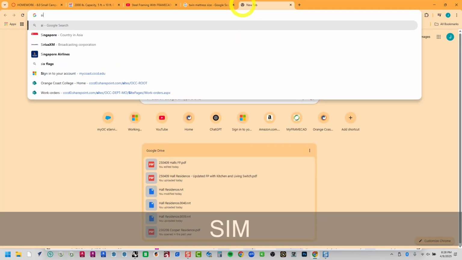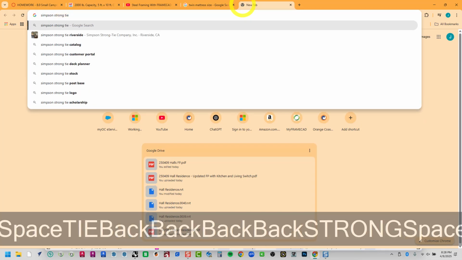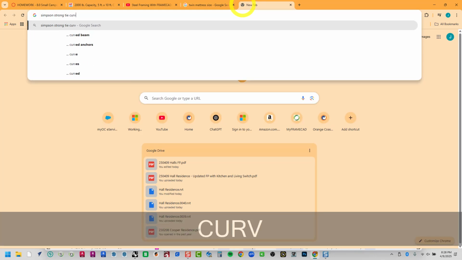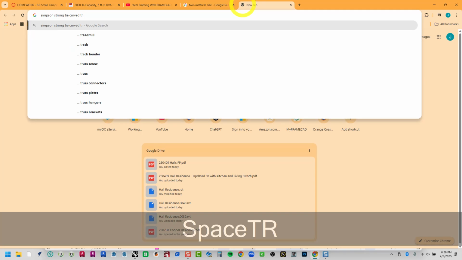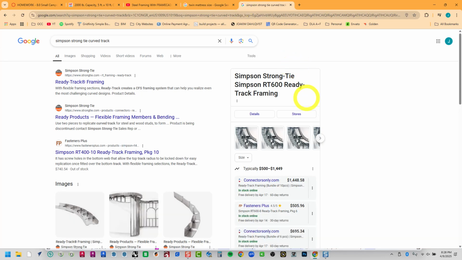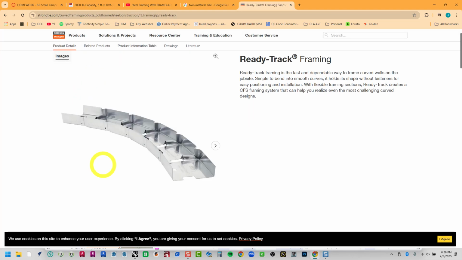take a look up here, guys. Ready Track Framing. Look at that specialty little thing. That is steel, and it's curving. Okay, so maybe you're purchasing some of these, but the radius to which you use, it's not going to be sharp, right? You're not going to do a really teeny tiny little curve. It's going to be nice and big and smooth, right? So it's possible. I don't want to deter you from imagining your ideal trailer, but